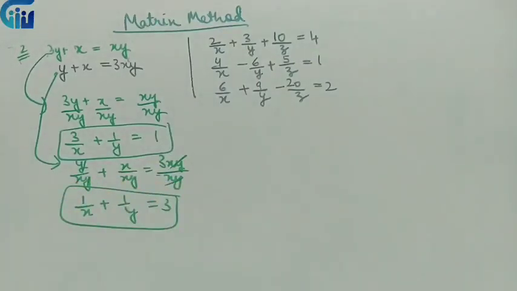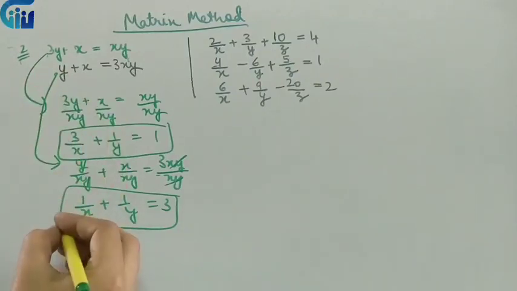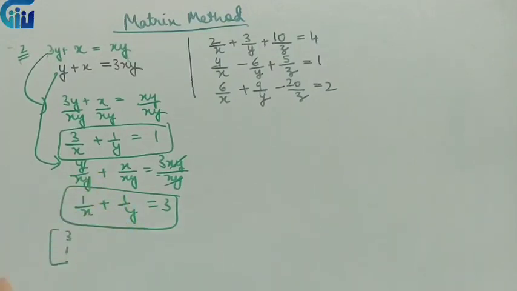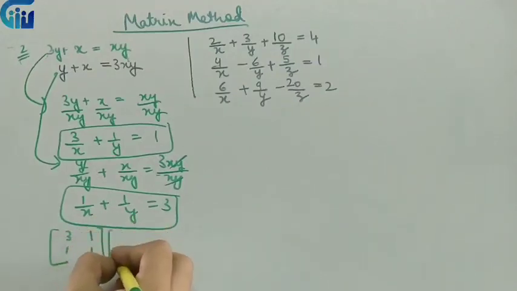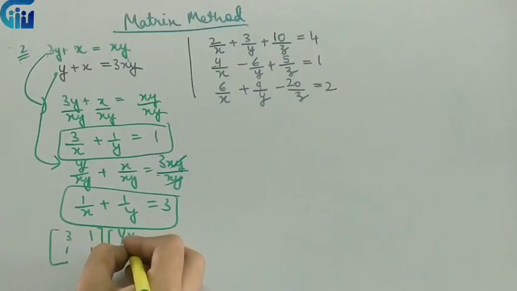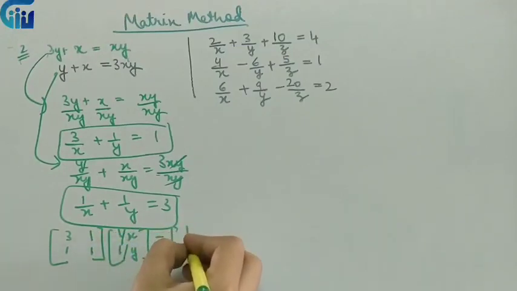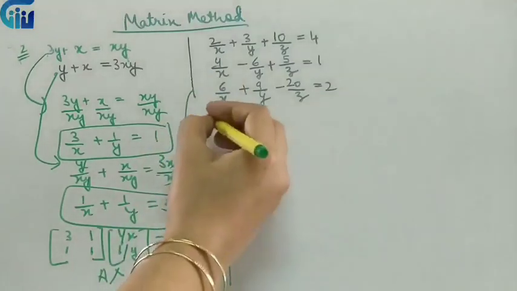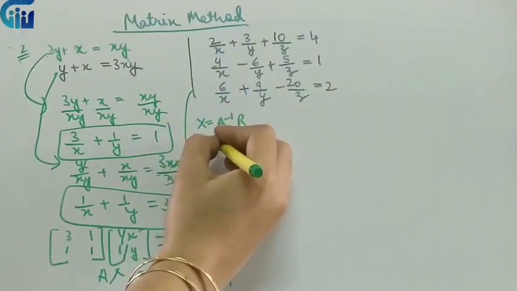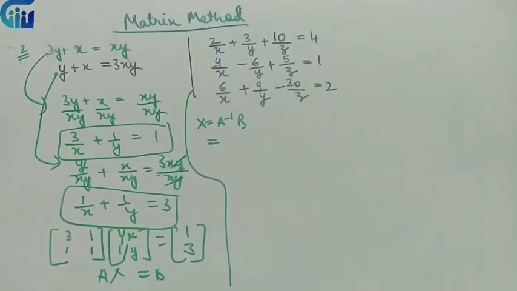So I have now, in place of x, what do I have? 1 upon x. In place of y, what do I have? 1 upon y. So what I will do is, I'll change the given system of equation. We will write in the similar manner the coefficient of 1 upon x over here. The coefficient of 1 upon y over here. And instead of x, what will I write? 1 upon x and 1 upon y, and the rest of the thing will be same as we do. So this we will say as AX is equal to B. And similarly, I will solve X as A inverse B, and the same way I'll find that adjoint, I'll find that determinant, I'll find inverse, everything.